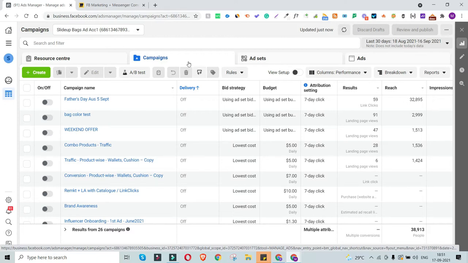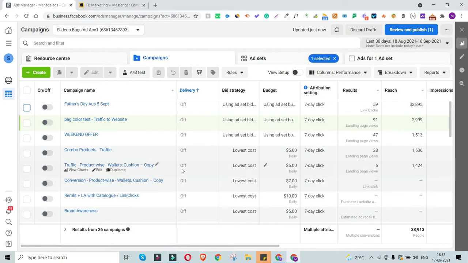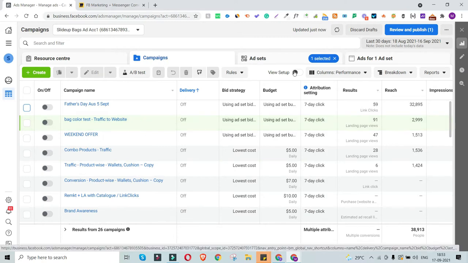Based on your campaign objective, you have multiple campaigns, and based on your ad type, you have multiple ads. So it can be an image ad, it can be multiple images, it can be a video ad, one image ad, it can be one video ad and 2 image ads, something like that. Alright, so let me just quickly take you to one of the campaigns and try to explain further about this hierarchy process that we have: campaigns, ad sets, and ads.